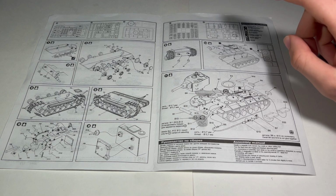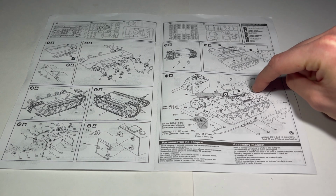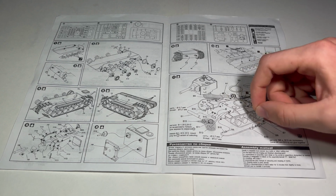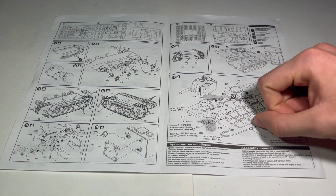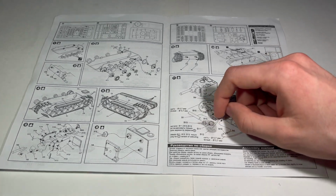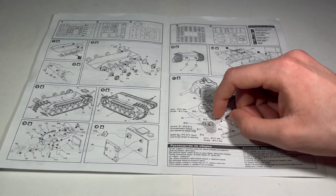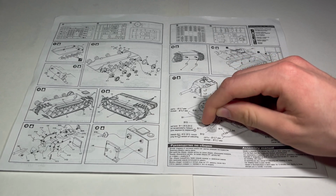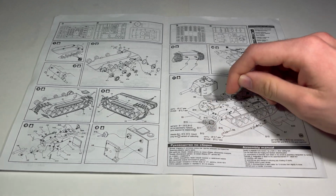And then we have quite a few other accessories, including the exhausts, the toolboxes, looks like part of the antenna system, and then these little towing cables and their little shackles to hold them in place. And for the front here we have an armored shield which sort of connects the upper and lower front plates there, the lights, and also a driver's hatch and the machine gun and a sort of plate for the bow